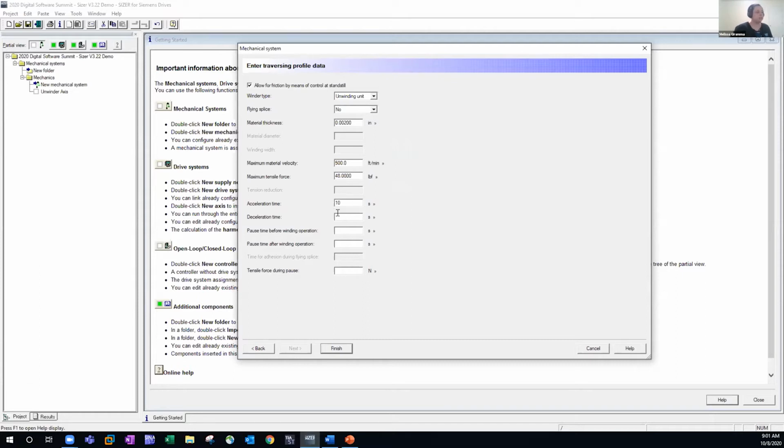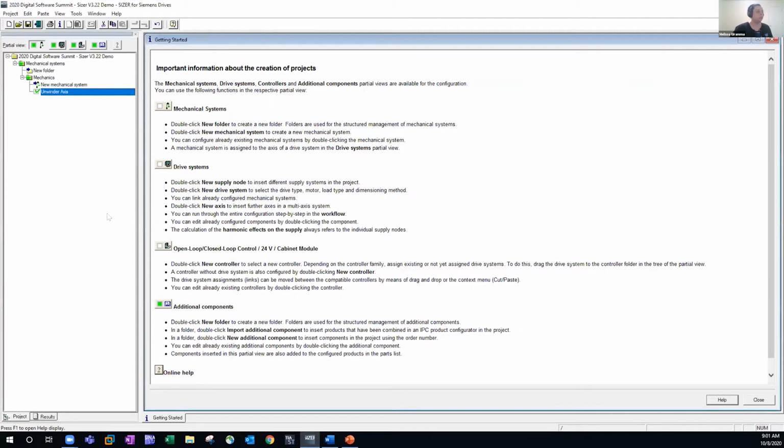Acceleration time we want is 5 seconds, and our deceleration time is 10 seconds. Our pause time before winding will be 0 seconds, and we'll take about a 5-minute break after the winding, and we have no additional tensile force. And now I'll finish. So now we have an unwinder axis, and we're done with this mechanical systems tab,